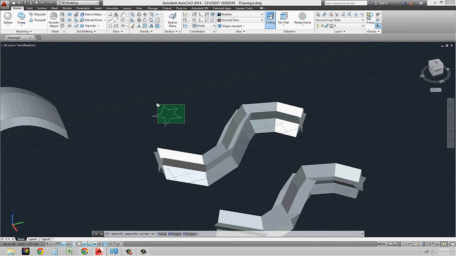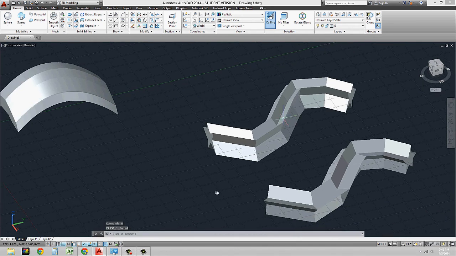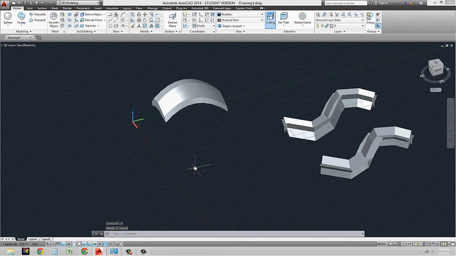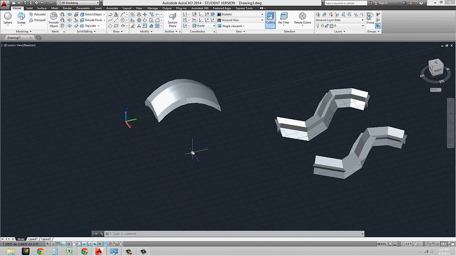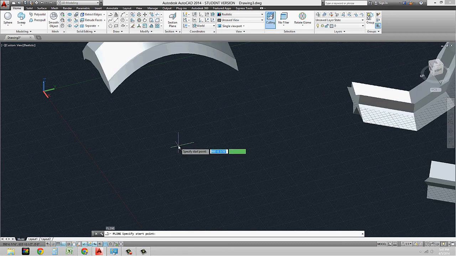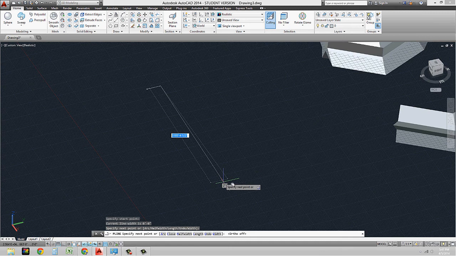Okay, and the other one is revolve, and I'm not going to use that star because I already copied those. The other one is revolve, and what this allows you to do is take an object and revolve it in 360 degrees in order to get a profile. So the easiest example would be like a cup or a vase or something like that. So again, I'm going to use my polyline, and I'm going to draw basically the side wall of